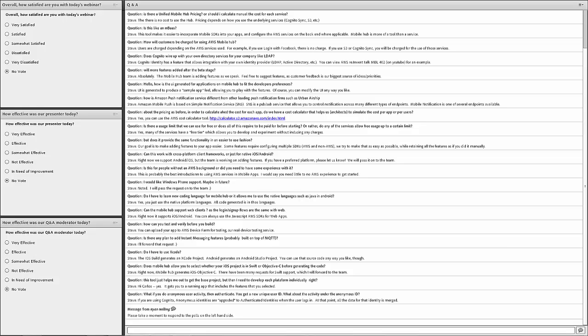Mark is asking, is there a usage limit that we can use for free, or does all this require to be paid for before starting? The Mobile Hub, again, is free. However, the different mobile services do have various free tiers or free usage as well. So, for example, in Mobile Analytics, I believe you get 100 million events for free, and then $1 per million after that per month. So there's different free tiers for various resources if you go into the pricing pages on them for those services, and you'll see.